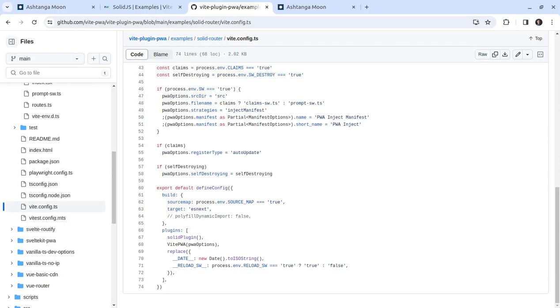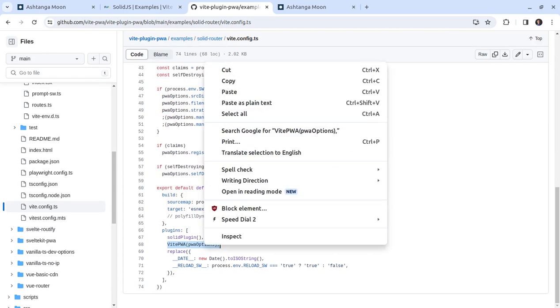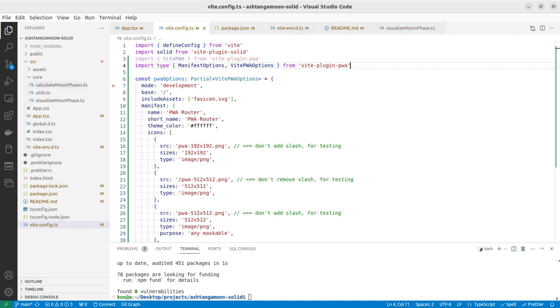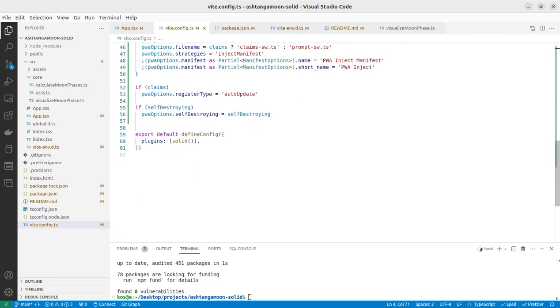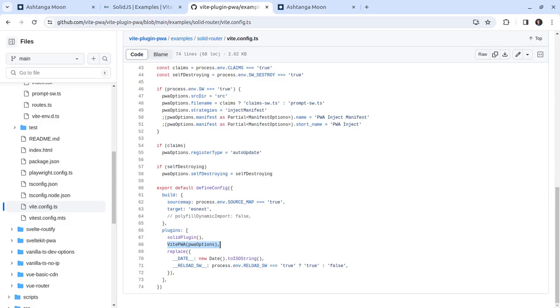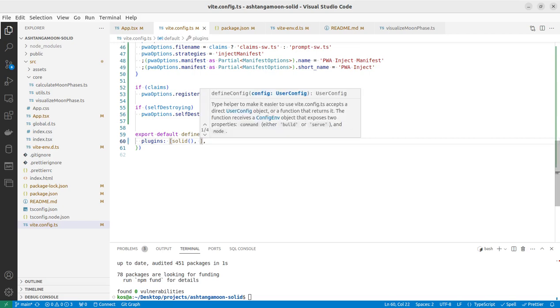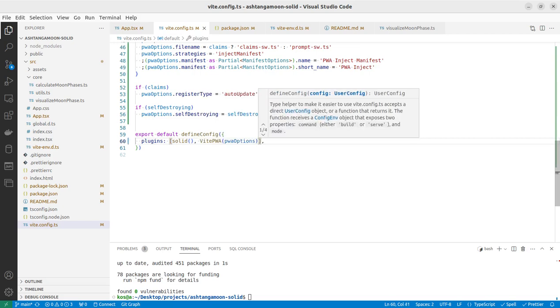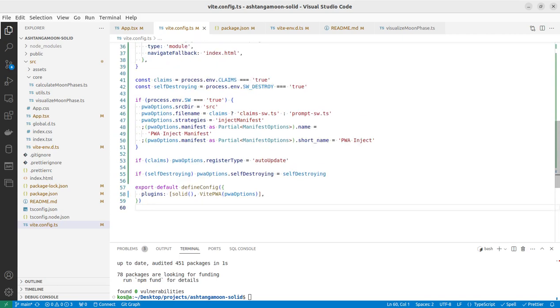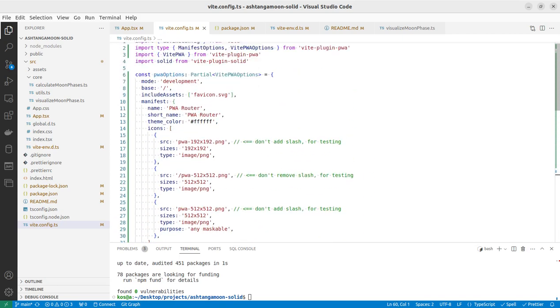And also I need to enable the PWA plugin here through vite.config. And it's important, this sequence, the order of plugins sometimes is important, so I'm going to follow the same order which the example project provides. So now we can just